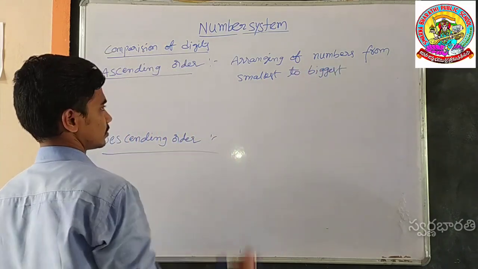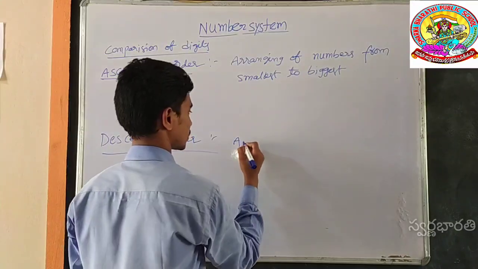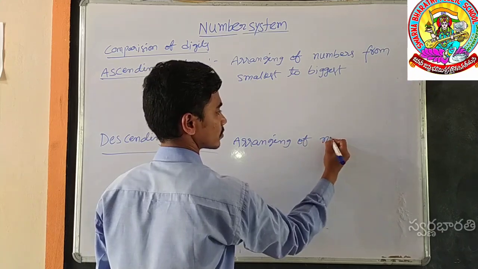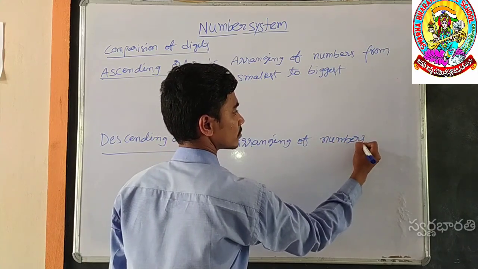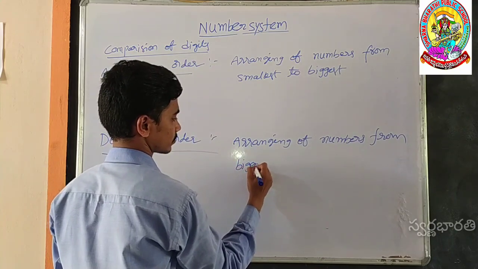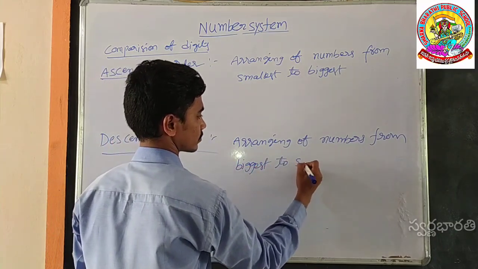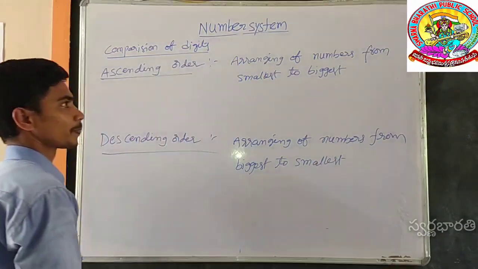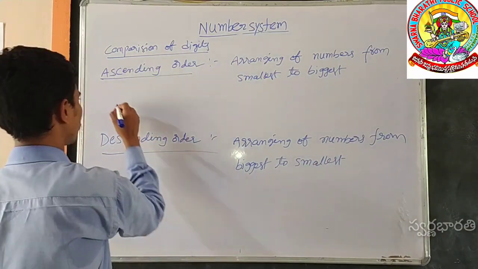Next, descending order, the reverse case. Arranging numbers from biggest to smallest is known as descending order. For example,